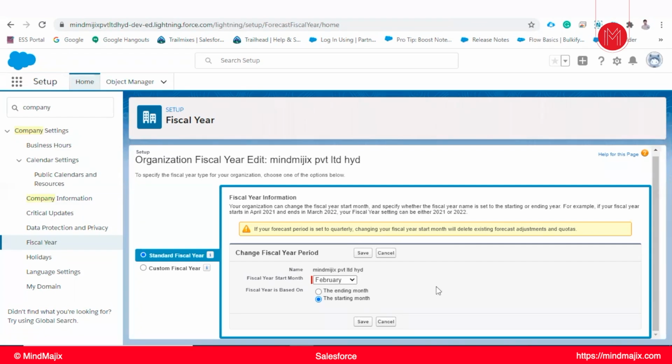In Salesforce, the financial year is divided into 4 quarters, and we can divide it into weeks also. This is the standard thing in Salesforce. One more thing, based on this